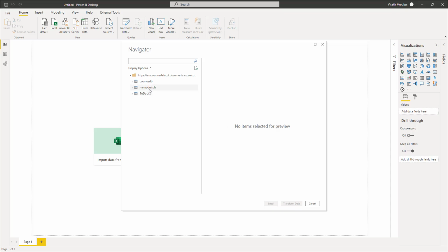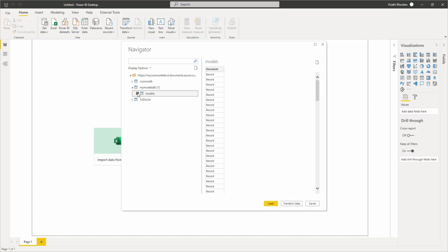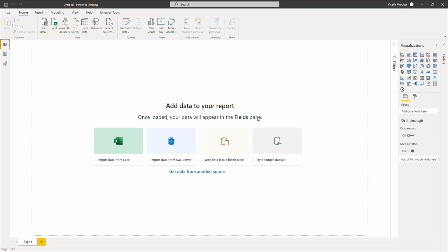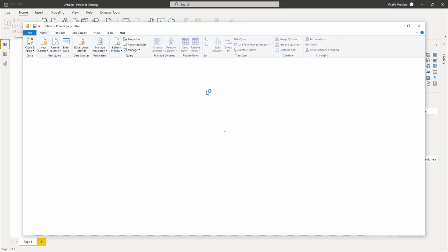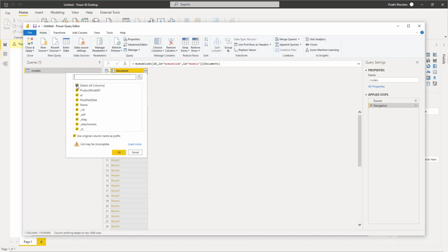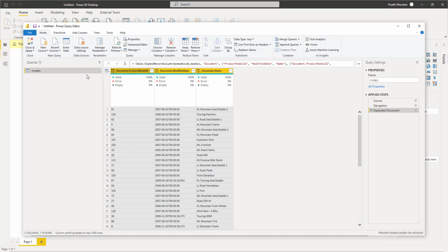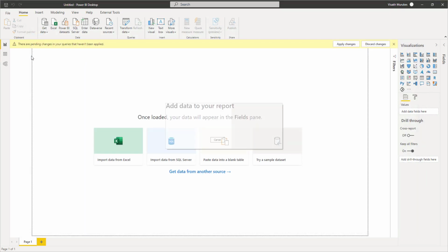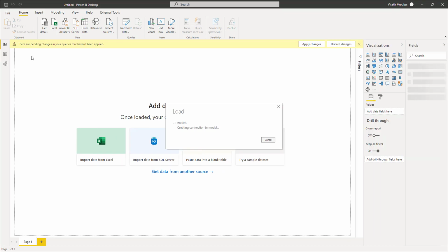So once the Cosmos DB instance comes up, you can select the container inside which you have the data, and by default it will be retrieved as a list which you have to transform and flatten out so as to get the data in tabular format. So once you use the expand columns functionality and get the data in tabular format after including your required columns, and once you apply it, to apply the changes to your model, you can go to the model view.